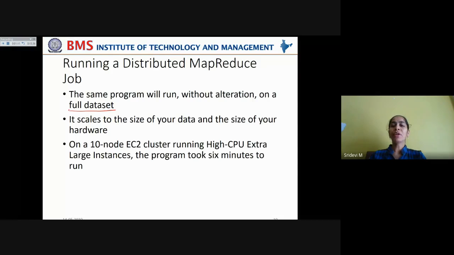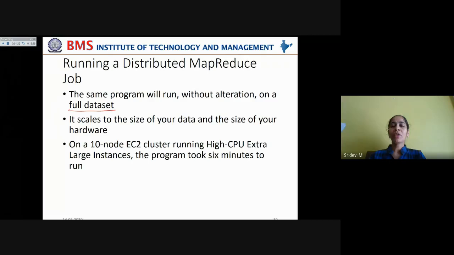On such a cluster, the program is observed to take 6 minutes to run. That is to process this entire NCDC data set captured throughout the globe by various sensors deployed at the weather stations.